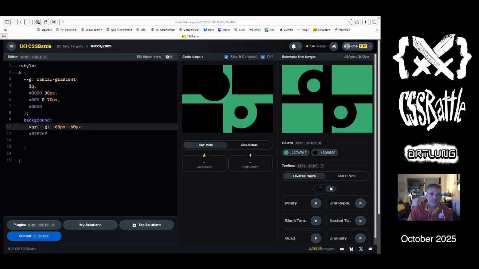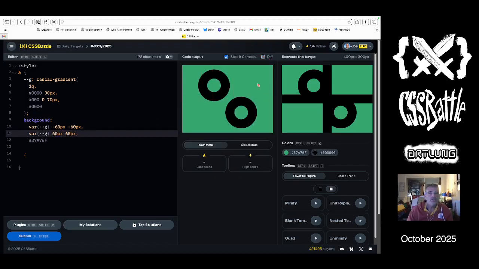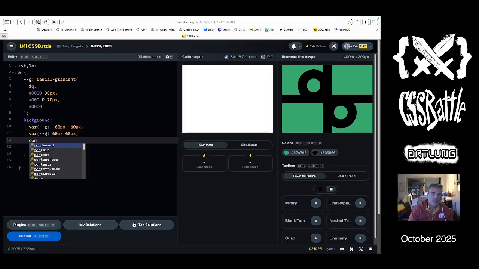So we're going to do that again. Now this is an identical gradient, but this one has positive values for the background position, right? The default is putting it dead center. That moves it around. All right, and then lastly, we have a conic gradient,